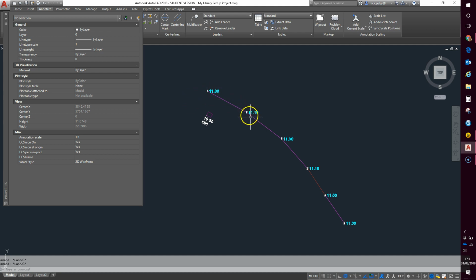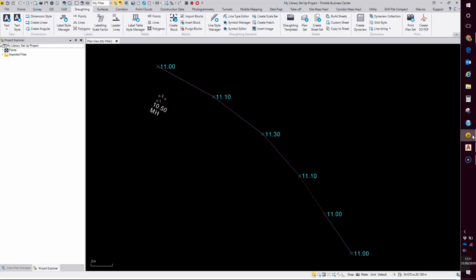As we can see, we've got a hash symbol on the points along the line string. If I look at the same string in TBC, we can see yes, looks pretty much the same, except that the symbol here is a cross and not a hash symbol. And the reason it's come out as a hash symbol in AutoCAD, or another CAD software, the same thing would happen, is because the